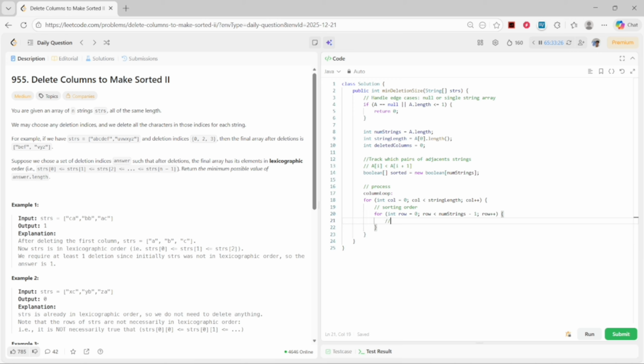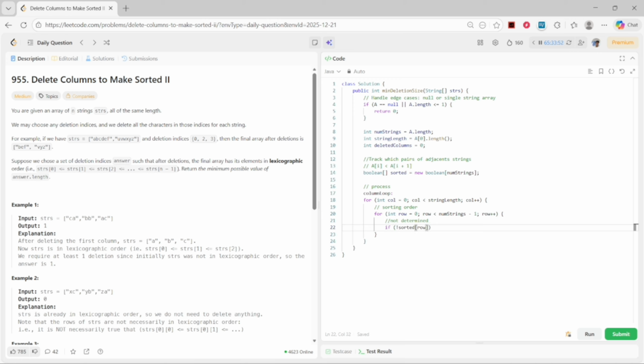And now only check pairs that are not already determined to be sorted. So if not sorted row,